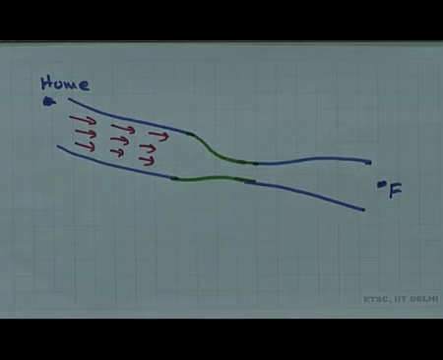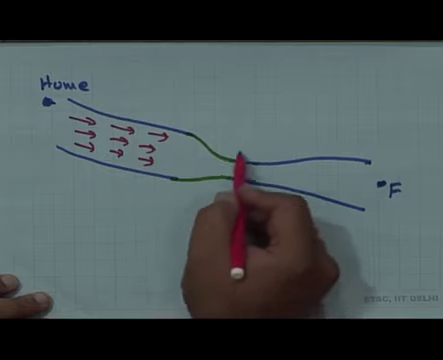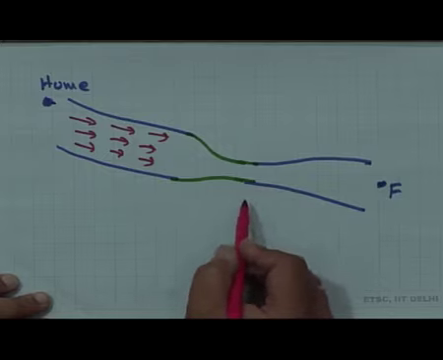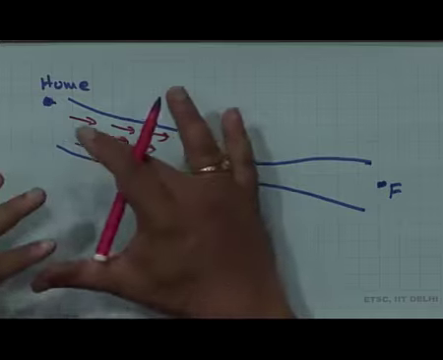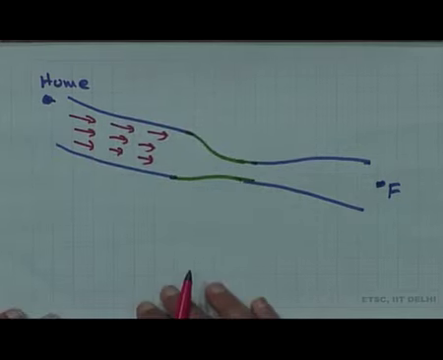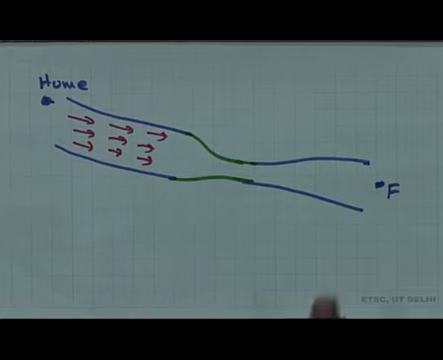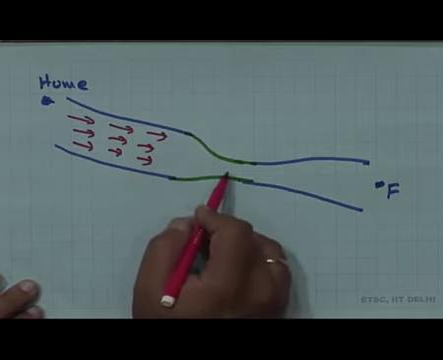But the problem is, the moment they come to this place, a different thing happens. Now, the cars have to slow down. Why? Because initially the road was pretty wide, so that many cars could go side by side at a decent speed. But the moment the road narrows out here,